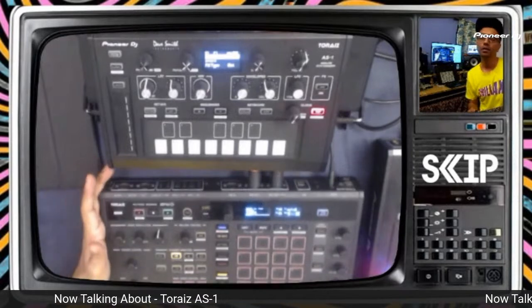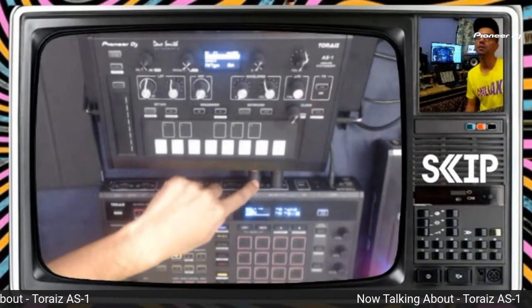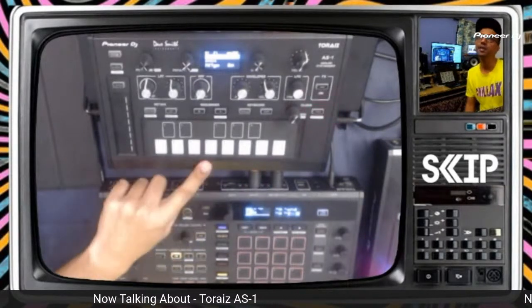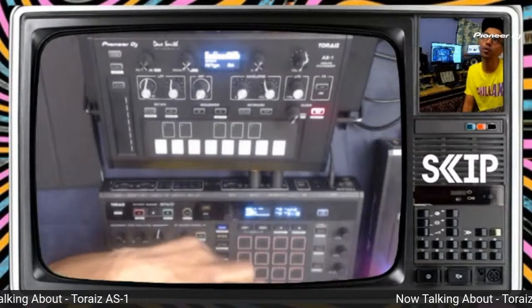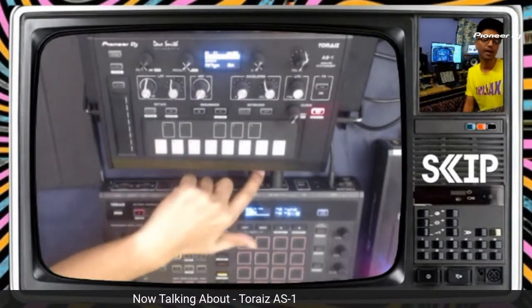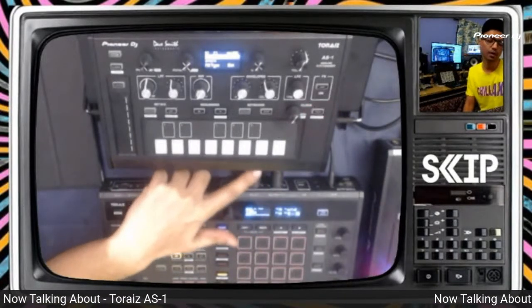To connect it, we have the MIDI cable over here. So I'm just connecting via MIDI. The AS1 as a synth accepts MIDI and USB. So right now they are talking to each other via MIDI.